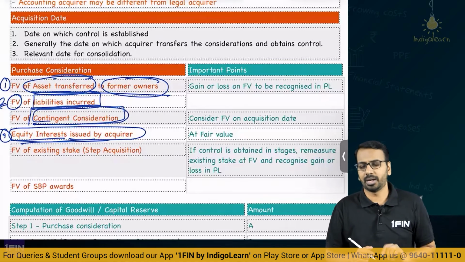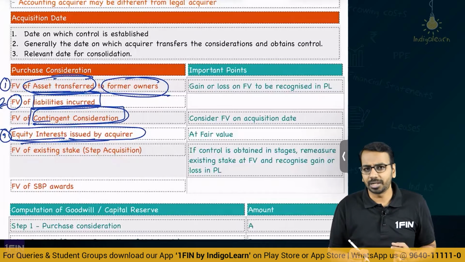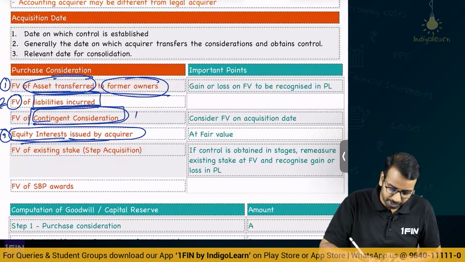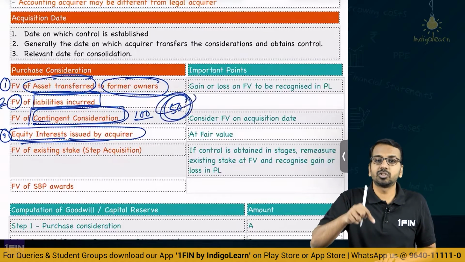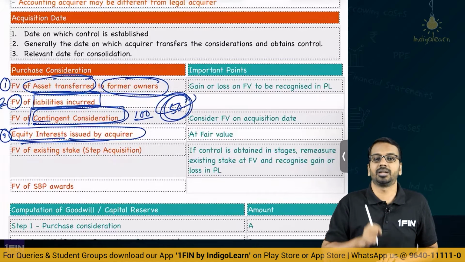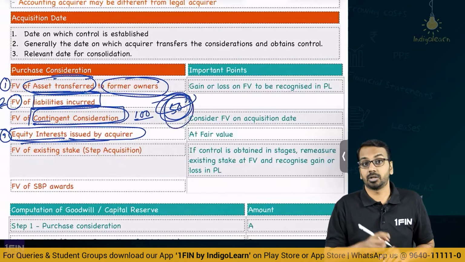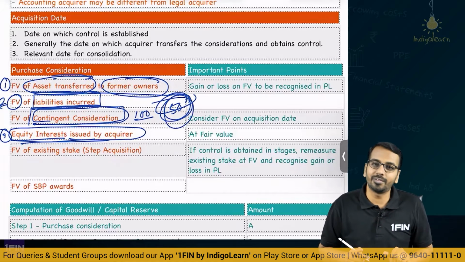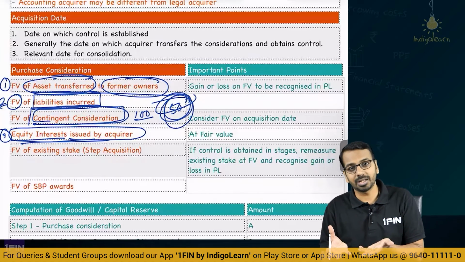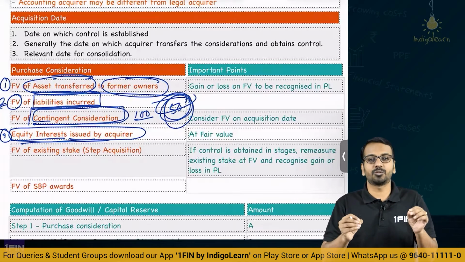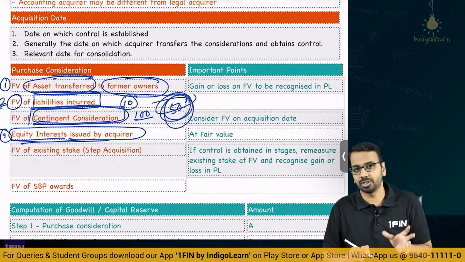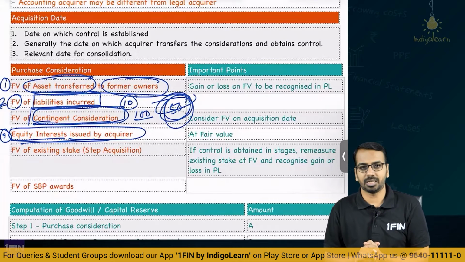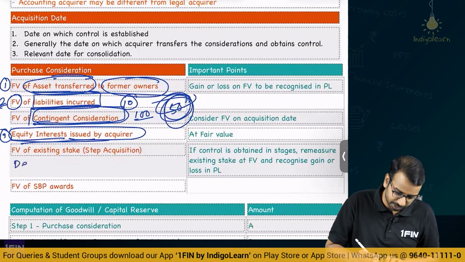Now, here one thing you have to keep in mind is, let us say for example, I told Mukesh Ambani, if Reliance Industries makes profit of 100 crores each year for the next 3 years, I will pay you 50 crores after 3 years. Now, this 50 crores is not the value of consideration that you should consider here. You have to see what is the fair value of this, not the present value, fair value. Sir, why fair value? Because the condition may be achieved, the condition may not be achieved. So, as of today, what is the value I am attributing to it? The 10 crores is a part of fair value of contingent consideration, that will be a part of my purchase consideration. Then, sometimes there are deferred consideration.